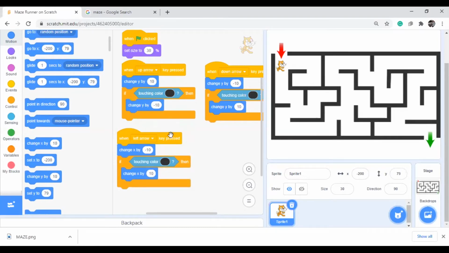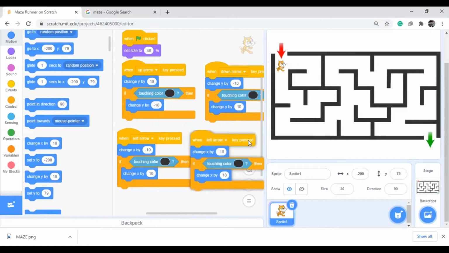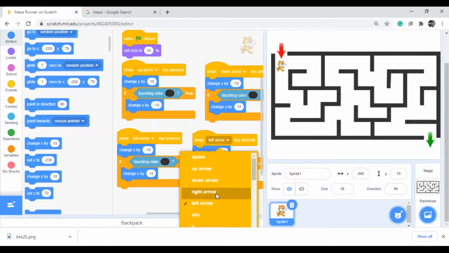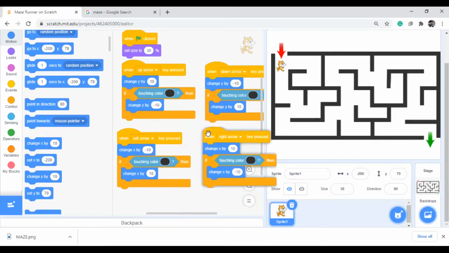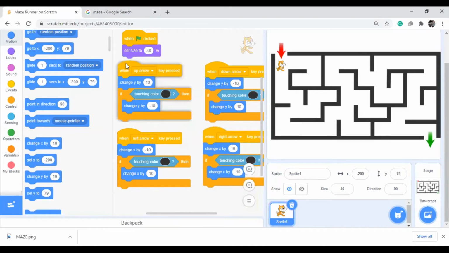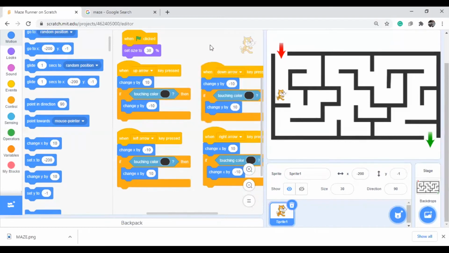Now the same thing for the right arrow also. If the right arrow is pressed, change X by 10, but if it is touching the black color, it should come back. You can keep -10 here. Now see, if I keep it like this, it is not going.